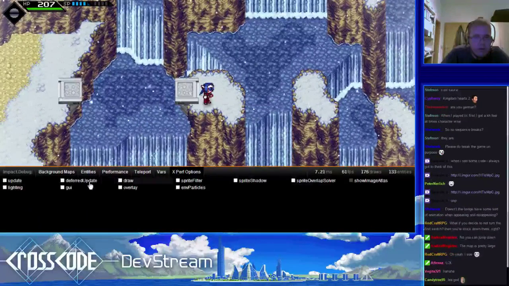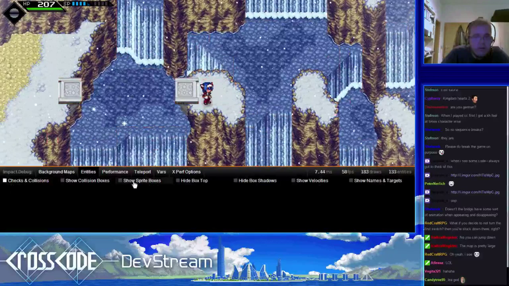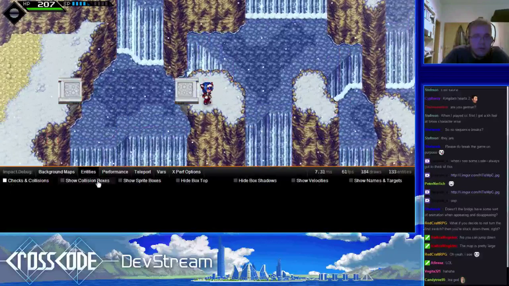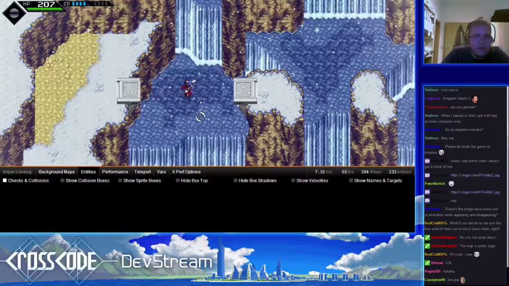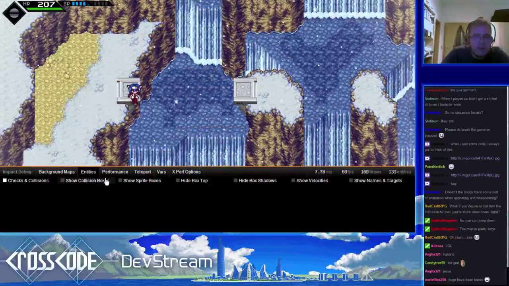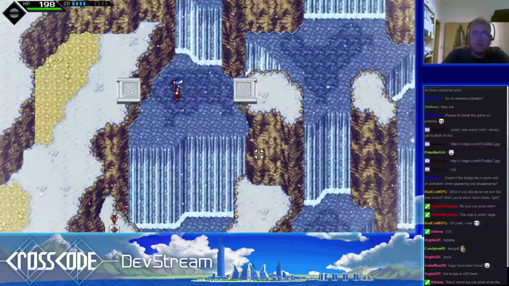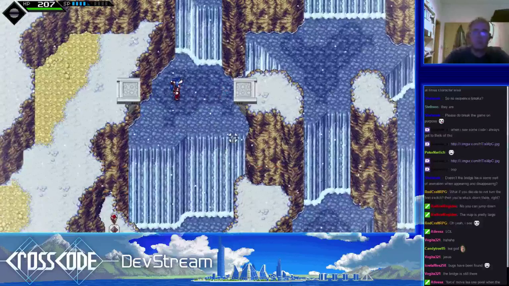Entities, here we go. There's no collision box, no sprite box. So why the hell can I... What is here? Oh my gosh, okay. So, I'm just gonna do some debugging right now.